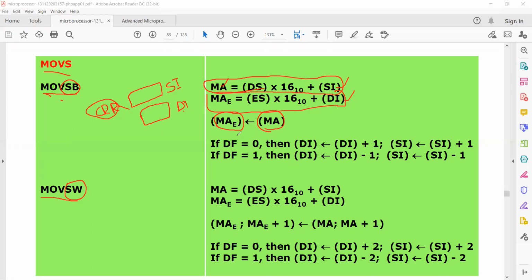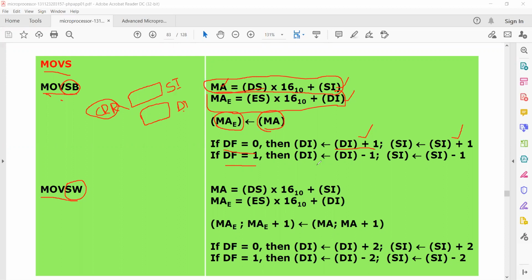And as I told you, this operation depends upon the direction flag. If the direction flag is equal to 0, we have auto increment operation. That means the DI register will be incremented by 1 and the SI register will be incremented by 1. If the direction flag is equal to 1, we have auto decrement operation.